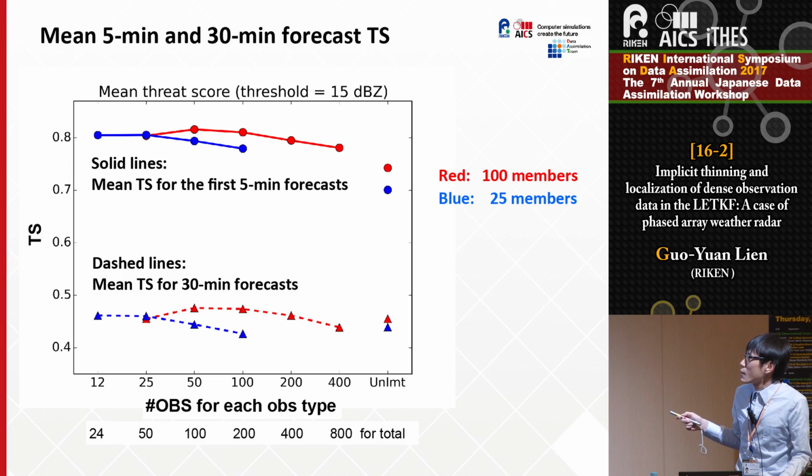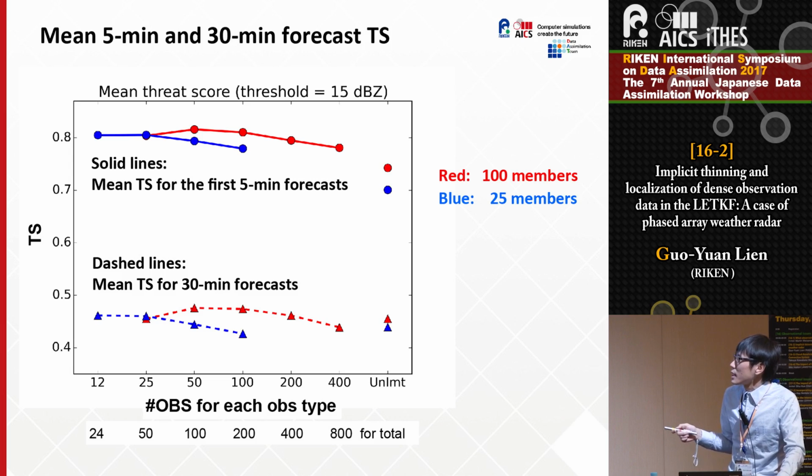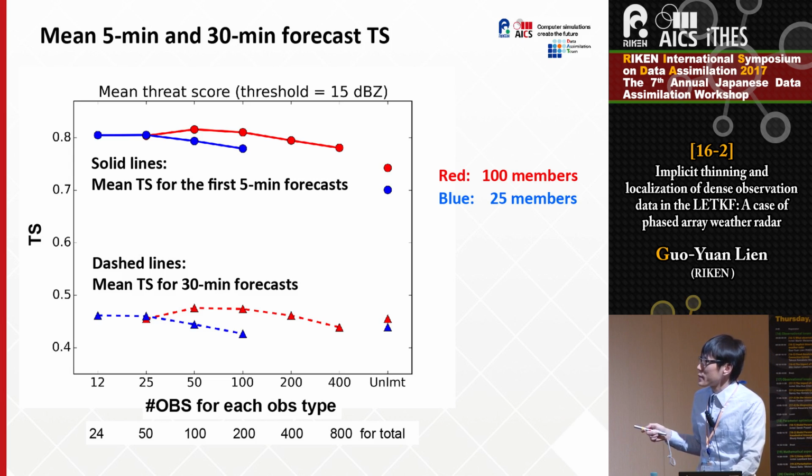So in the red is a 100-member result, and the blue is a 25-member result. Basically, we see some optimum value of the number limit for each different ensemble size. And we find that the optimum value of this number limit is roughly proportional to the ensemble size. And also, if we compare with the experiment